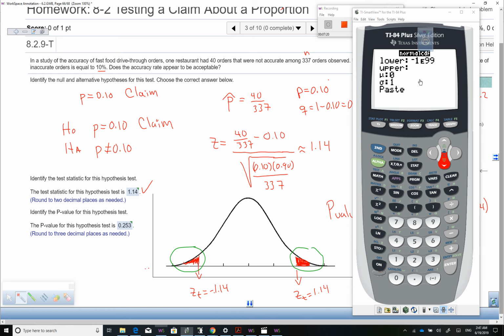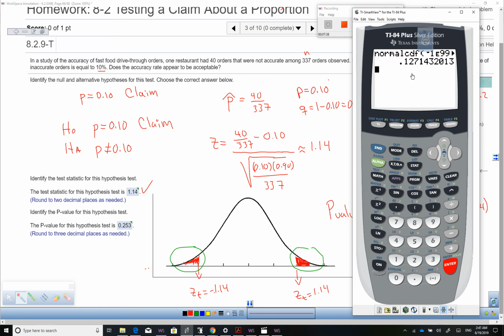And type my upper limit, which will be negative 1.14. Okay, this number is a very extreme low value. This number is the upper bound right here, and we keep the mean and the standard deviation the same, and